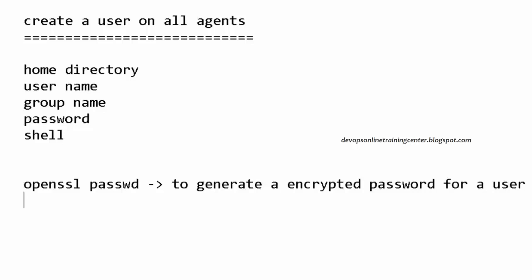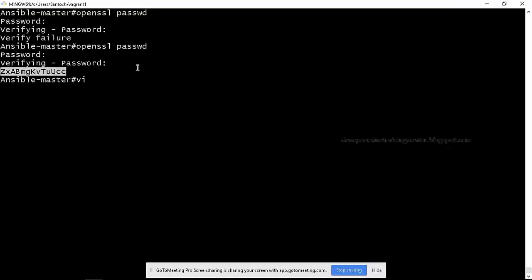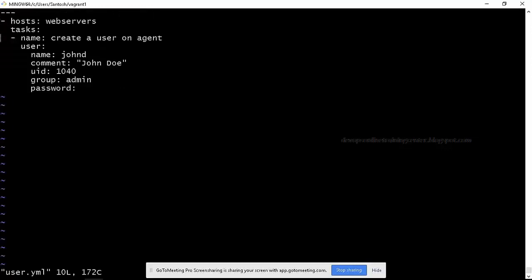It will prompt for the password. You need to enter the password two times, and that password will be encrypted and you'll be given an encrypted string like this. Okay, this we can use inside the playbook. Right, so I have given the password.